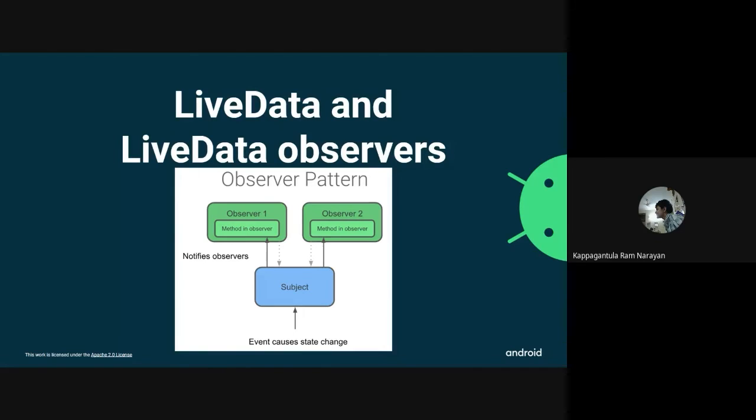And then, so that's all, guys. This is all about live data and live data observers. Live data is an observable class. That is, observable means the things that are going to be updated. You take the live data class, and you take a simple data object, and you wrap your live data on your simple object, so that it becomes an observable. So if there's any change inside your variable, it is going to get called. That's all.